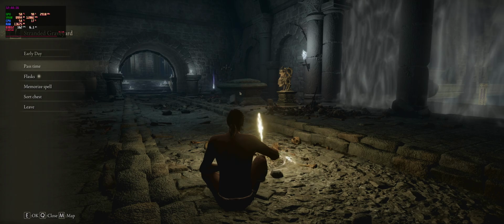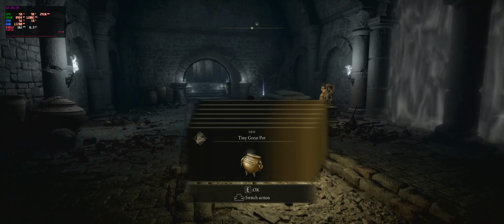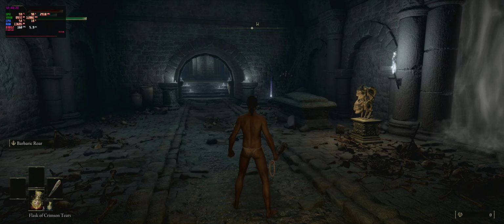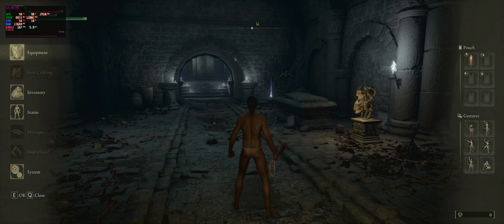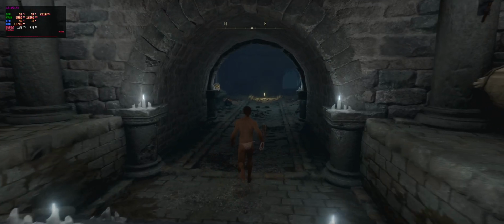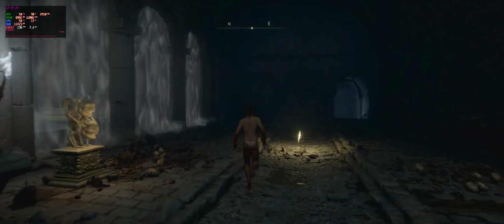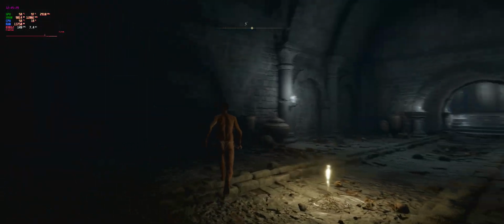All right, that was that. So, mod works flawlessly. The UI is perfect in 21:9. Sweet. I hope I could help you out with this short mod guide and getting everything compatible with each other,